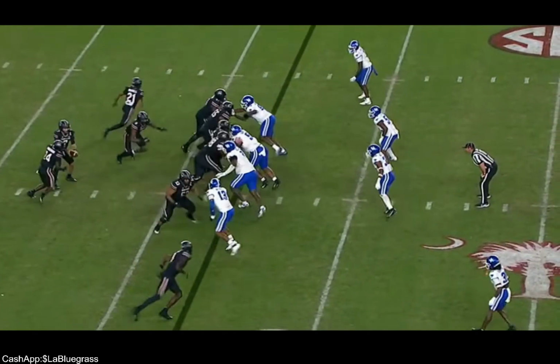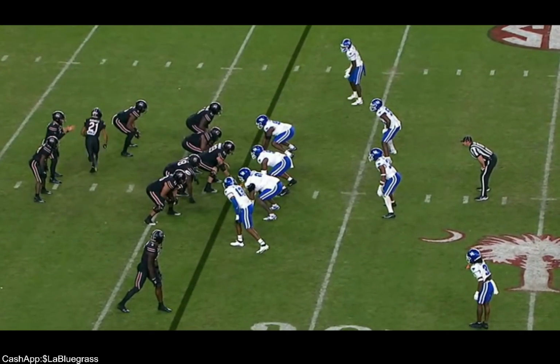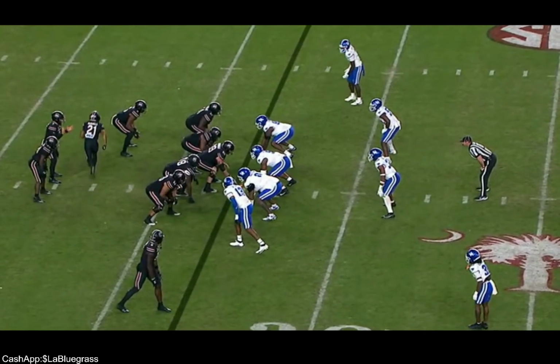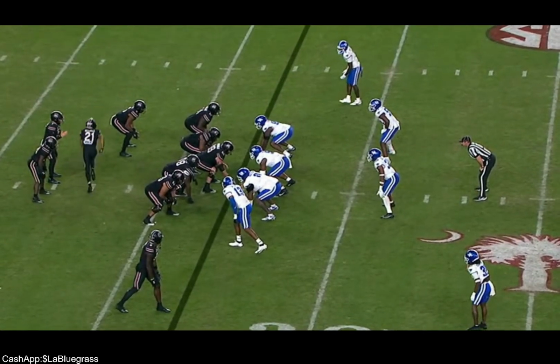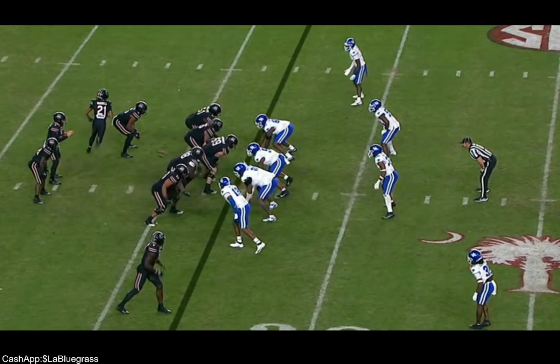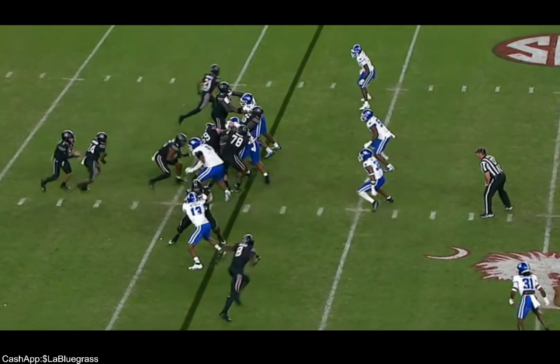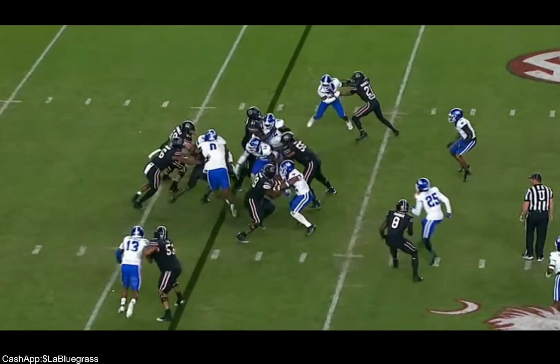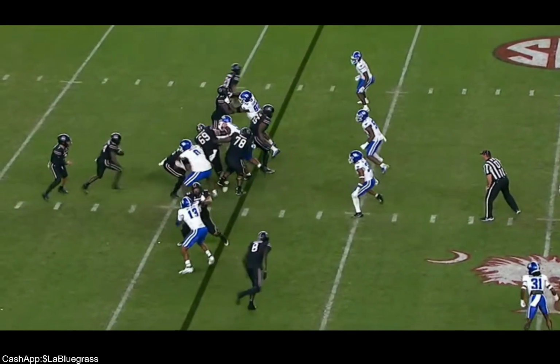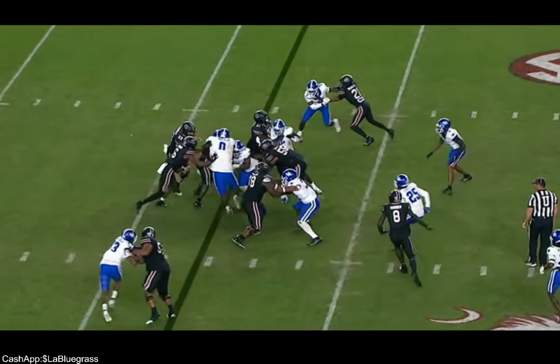Dion being Dion. How do you not block? And I don't think he's even a 4. He's more of a 3 with a nose. He might be 4-eye maybe. But how do you not block him? And you're going to block him with a damn tight end. That tight end has no chance. Bam. Look at that. Bam. Get off me, young buck.